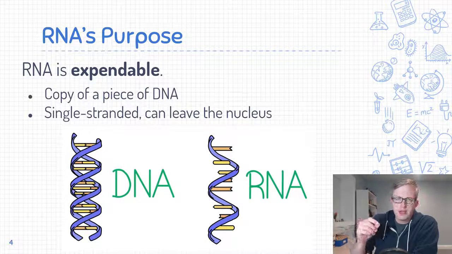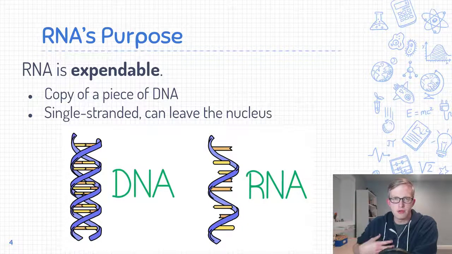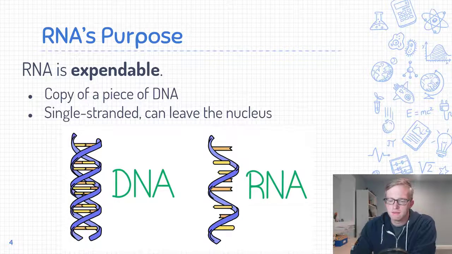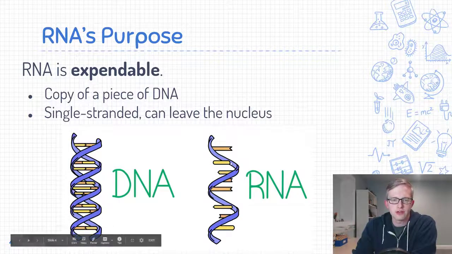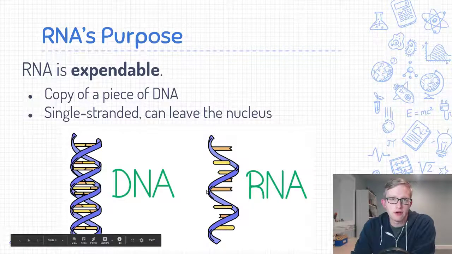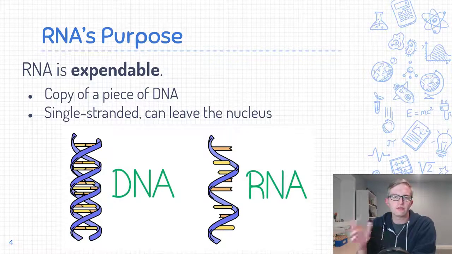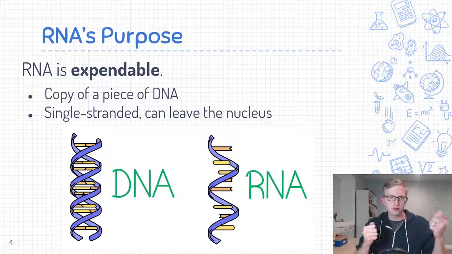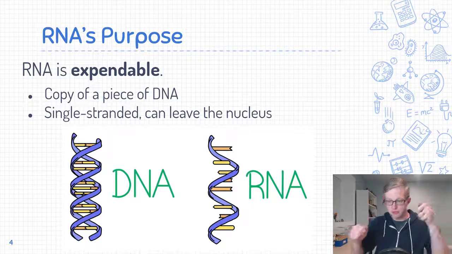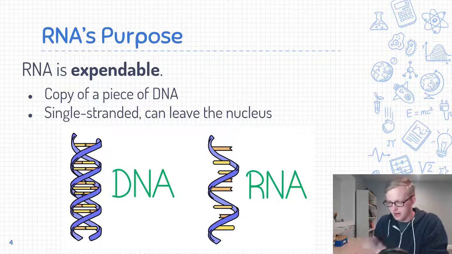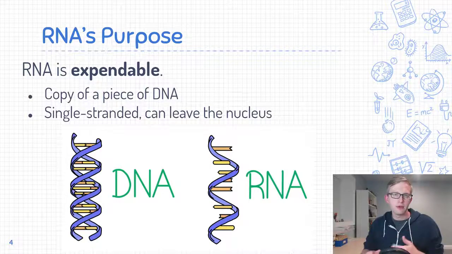So our DNA has all of the genes for all the things that make up you and how your body functions, and so you only want that one little piece. And what happens is that that little piece gets turned into a strand of RNA, or gets copied into a strand of RNA. So the DNA itself is safe. It's like you took those important instructions and you photocopied them, and then you put those important instructions back away somewhere safe. But meanwhile, you've got this photocopy that now you can do things with.